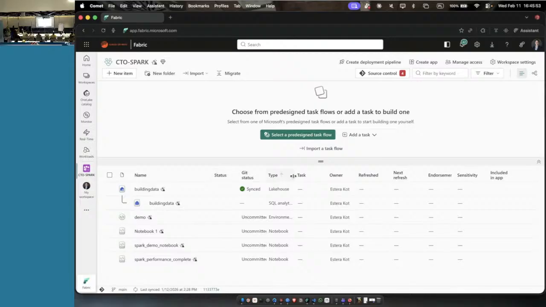And one aspect, take a look, Git status. Git, for example Azure DevOps or GitHub, is already integrated. So whatever I'm doing here, and this is what I would like to show you today, the use case will be about, imagine we have huge, beautiful buildings around us.